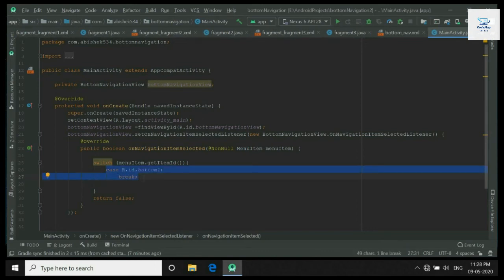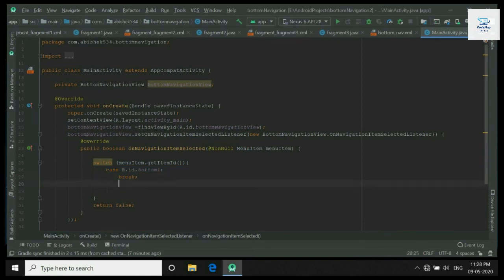We will copy it for the other two items. We will change the ID.